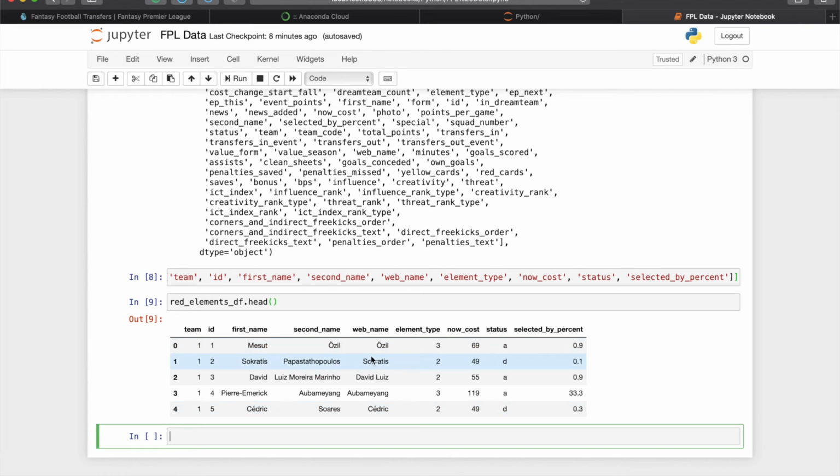Now to make this more readable for us, let's change these IDs and this element type into their original names. So let's first do it for the element type.